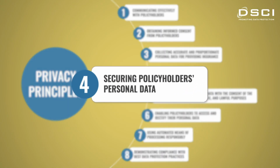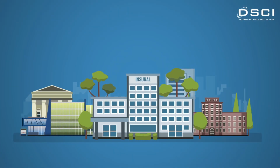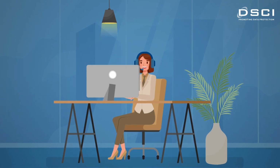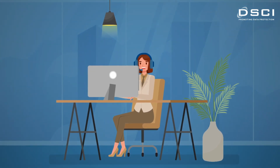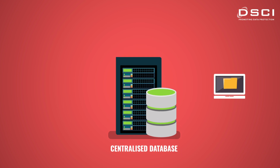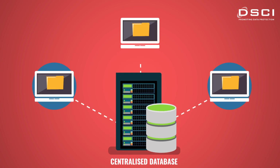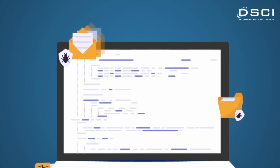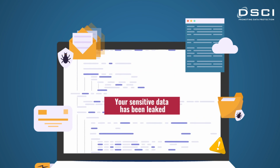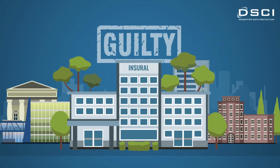4. Securing policyholders' personal data. Let's assume Insurel is a leading health insurance provider in India that stores all the personal information of its policyholders in a centralized database and also uses APIs to share this information with authorized third parties. On suffering a data breach that leaked highly sensitive personal information of its policyholders, Insurel was found guilty of not